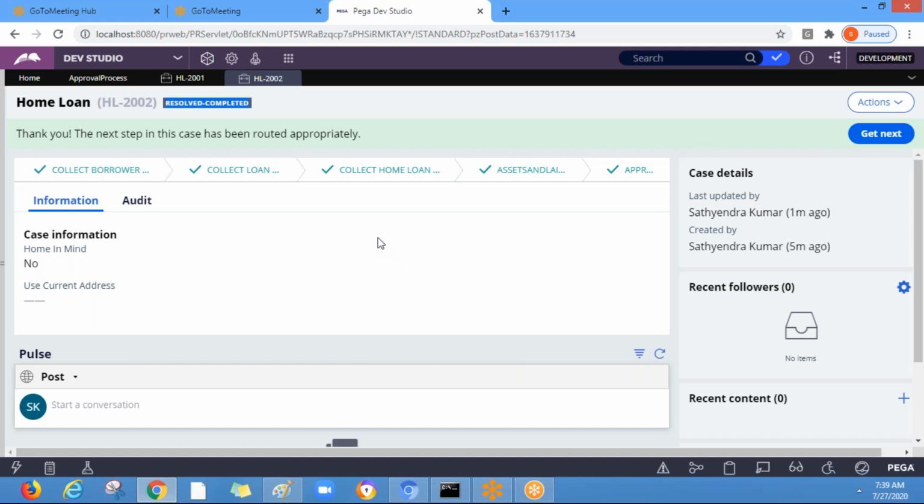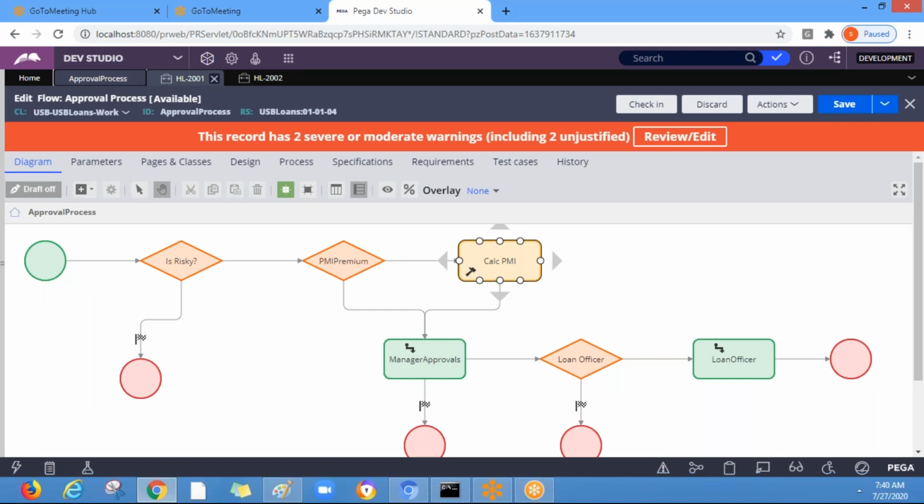Now similarly, you can test for some scenarios where you put the loan amount less than 35 lakhs and property type as single family detached, and the expected outcome is it should not go to loan officer approvals. Yeah, this is how you need to test as per the requirement.